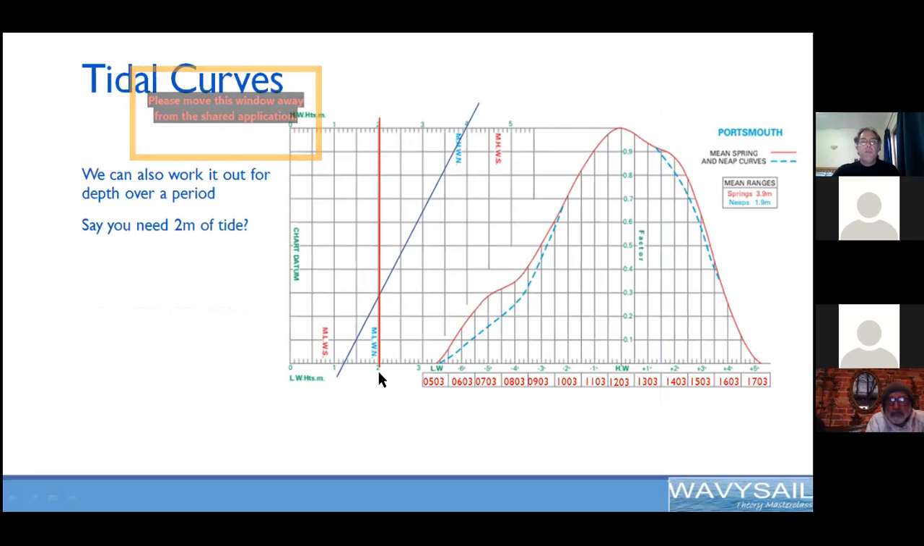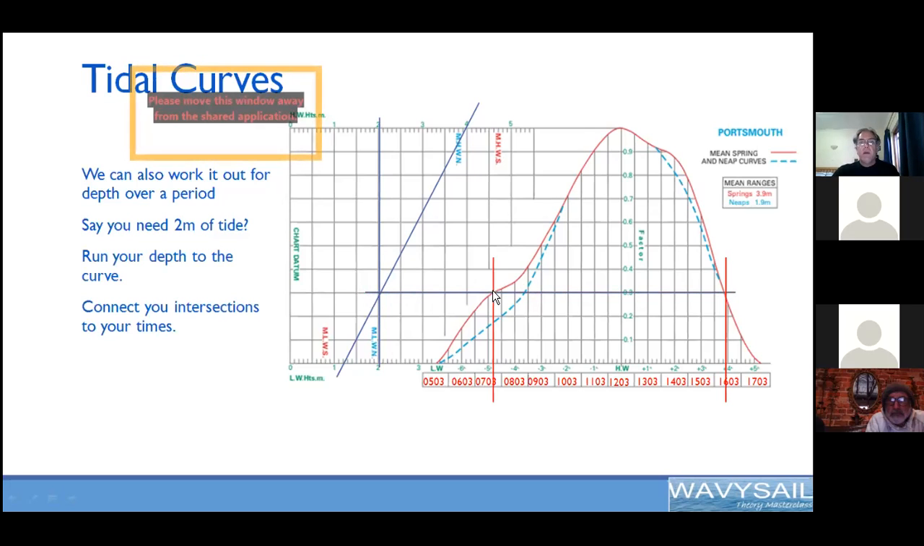Okay, we want 2 meters. So we take our 2 meter line. There's our 2 meter tide. That's how much water we want. We take that across our tidal curve, and where it meets our tidal curve, I'm doing this at mean spring high. So that goes down there and down there, which means it gives us a time